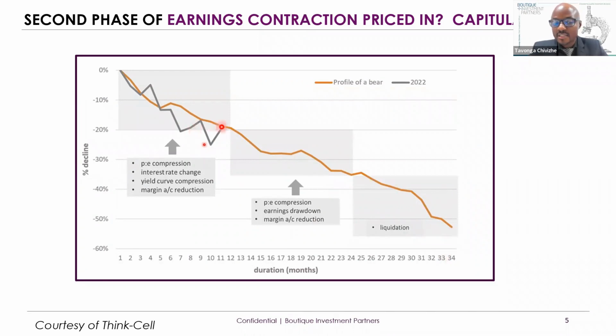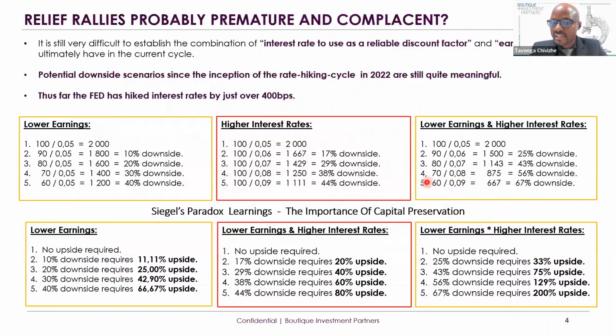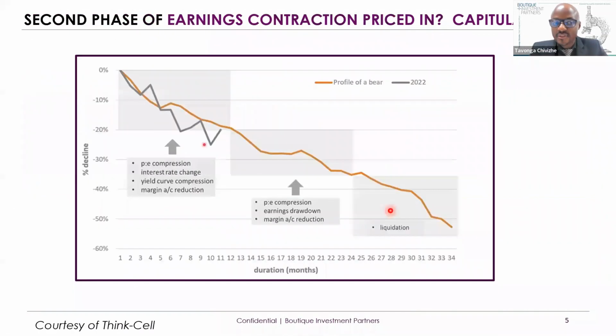We're not obviously expecting to go all the way to this part, but if I look at these numbers that we've sort of shown you here, the combination of a 30% earnings contraction and 300 basis points of rate hikes easily creates a 56% downside, which is actually not so different from what this chart implies. It's not important to decide how worse it can get, but it's very important to really preserve as much